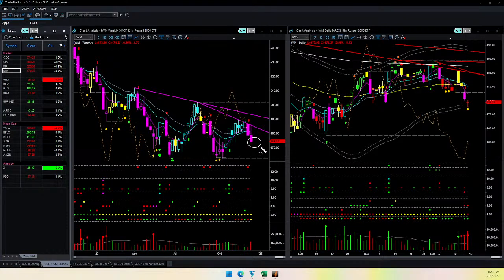IWM weekly is still bearish, just as we saw in case of SPY, but daily is oversold and daily has an indecision signal at the low. That is also one more reason I will prefer the market to go up now. My low risk trading opportunities will come more easily. If price continues to go down, low risk opportunities for shorting will not come so easily.